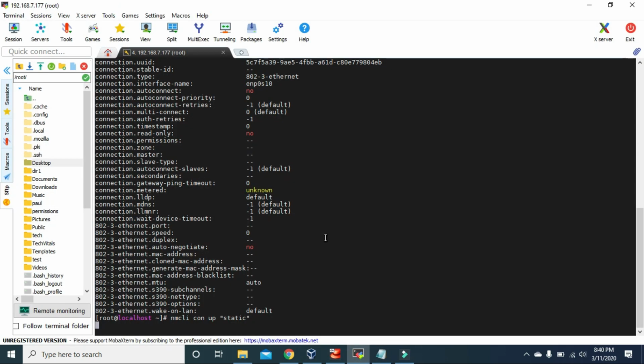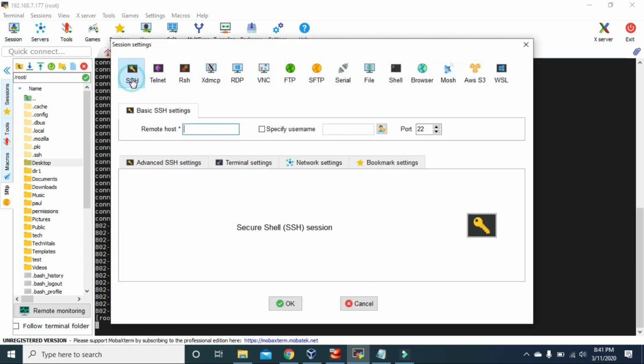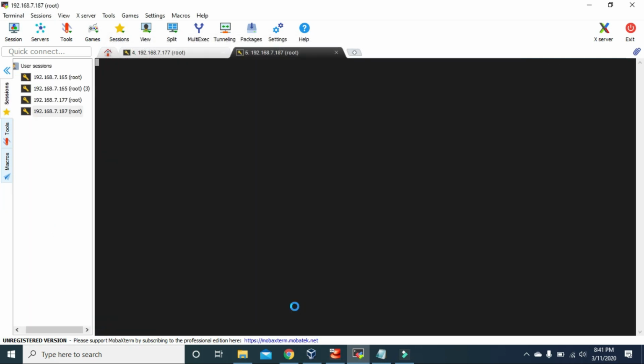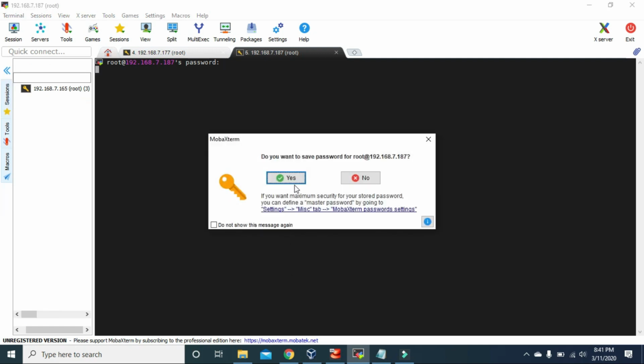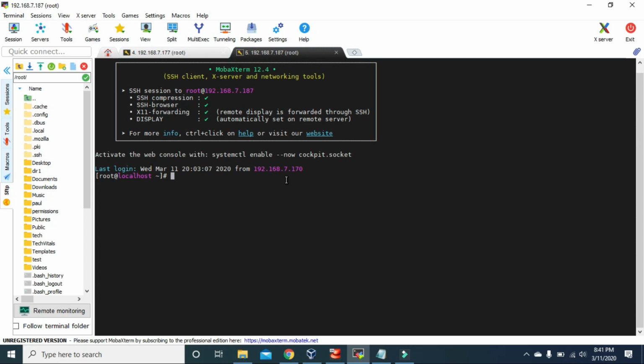So that's why we lost connection with this virtual machine from our mobile extern device. To connect it back, we have to create a new session with the static IP address that we just created, that is 192.168.7.187. The username is root. Now let's try to connect, and if we give the password for the root, let's save the password,